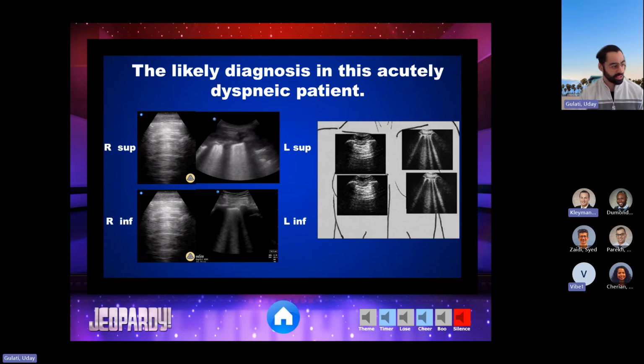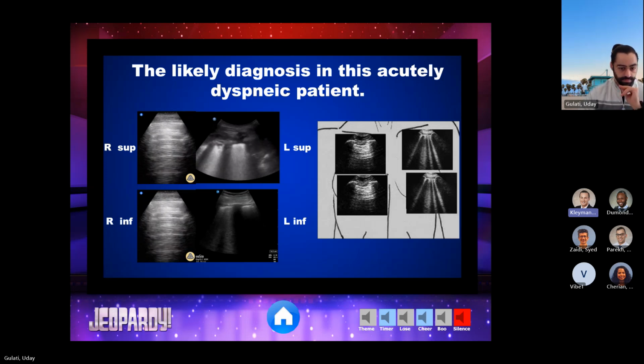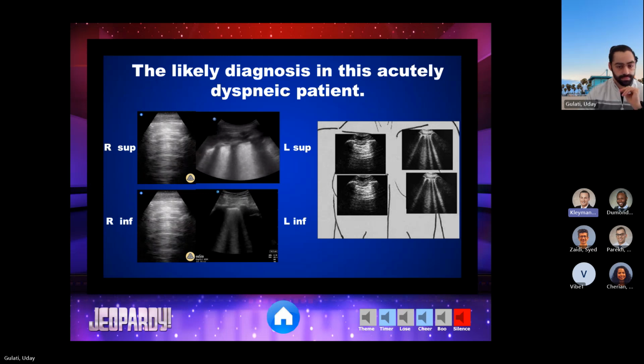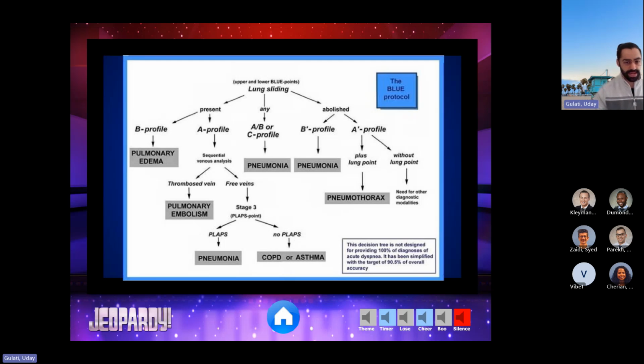Yeah, exactly. You're seeing A lines on the right side, which is pretty normal, right? And then you have unilateral interstitial syndrome. Typically cardiogenic pulmonary edema would be bilateral. And on the left side, you have to think of other unilateral causes, pneumonia being one of them. Yeah, absolutely right. So this is your classic BLUE protocol. This patient would likely be an A-B profile, meaning it's A on one side and B on the other. And if it's diffuse B, like your homogeneous ones, there's likely some level of pulmonary edema or